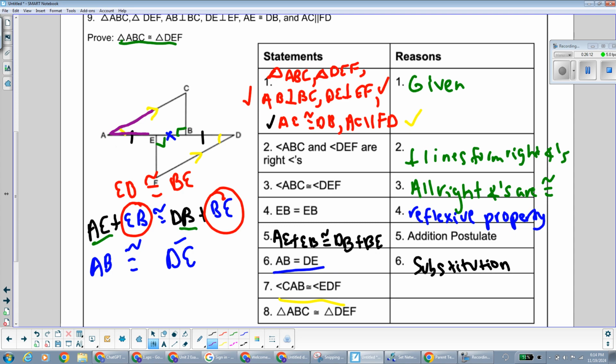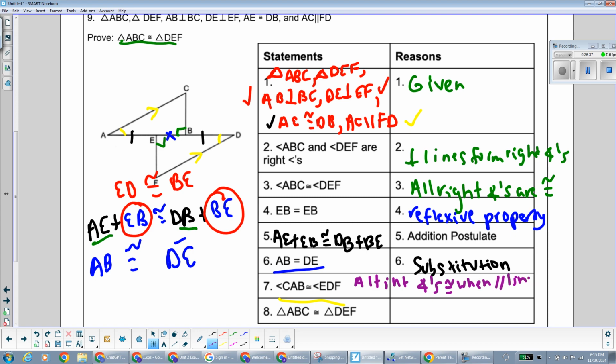If I highlight my parallel lines and my transversal, notice the letter Z. And these angles are in the corner of the Z. So they are alternate interior angles. So here we can put down: alternate interior angles are congruent